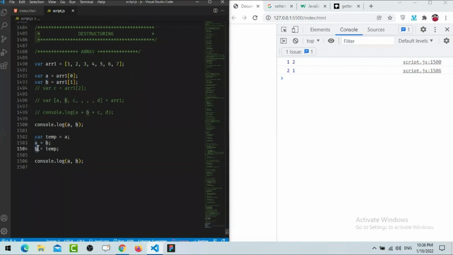And in B we have to assign the value of A initially. So in temp we have 1. So now we are going to assign that temp value in B. So we have changed it. So we don't want this third variable. Okay. What we can do is simply,